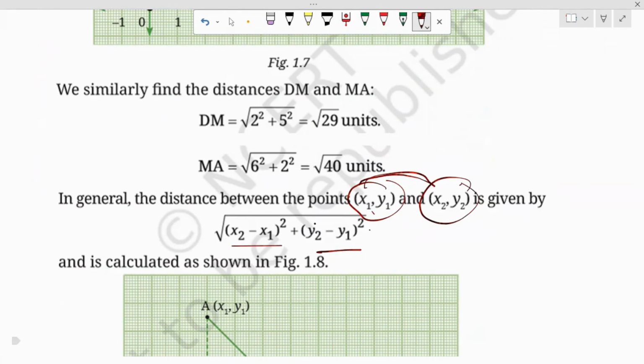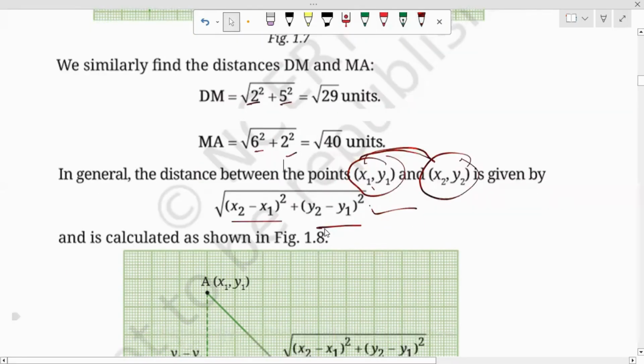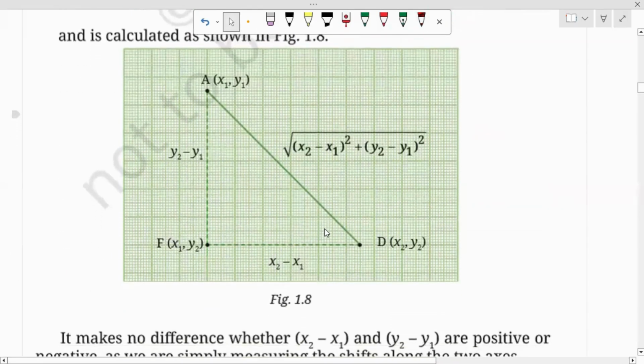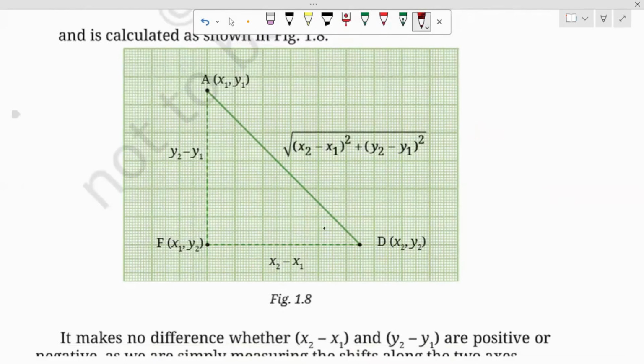So as I was discussing in the starting, instead of learning those ridiculous formulas, we will learn how to form these formulas. You have seen how we got 2, how we got 5, 6, 2, everything. We have just subtracted x coordinates and y coordinates. You can picturize here, you can graphically see here. As this line is parallel to x-axis, we have just subtracted x coordinates, and as this line is parallel to y-axis, we have just subtracted y coordinates.